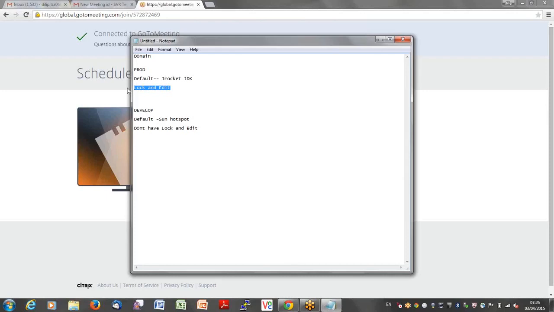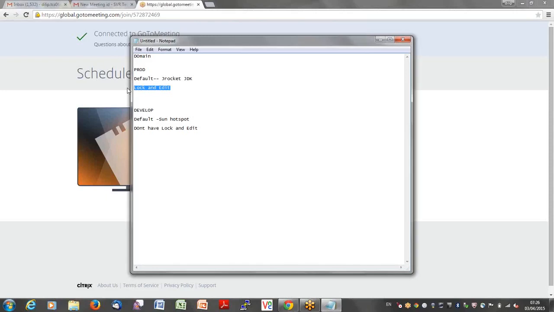One more important thing here is that lock and edit cannot avoid all the restarts. It is useful only to some extent. There are certain changes which definitely need a restart. For example, if you change the IP address of a server, the server needs to start with the new IP address.